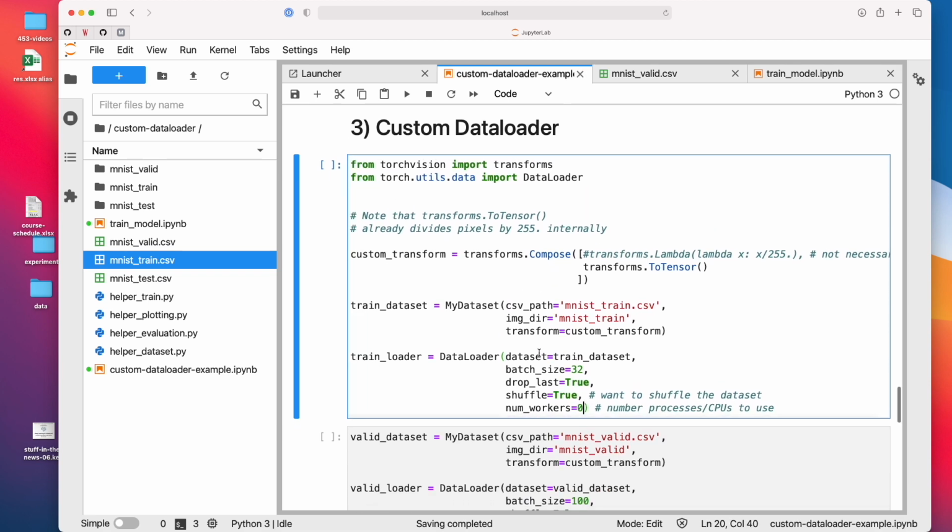Oh, I should also explain what drop last means. So if you have a number that is, let's say, not divisible by 32, then there will be a last batch that is smaller than 32, right? And if drop last is true, it will be dropped.